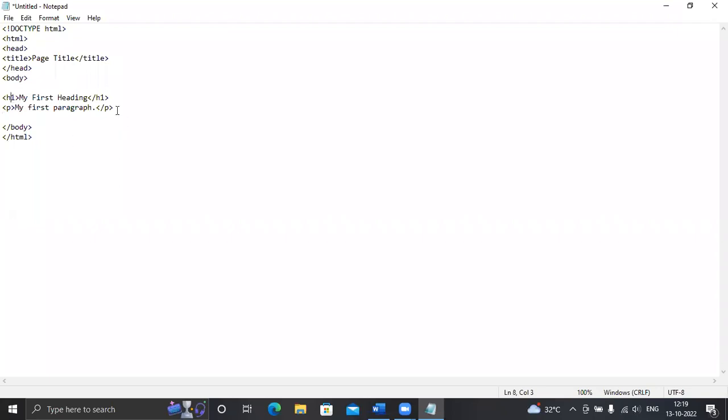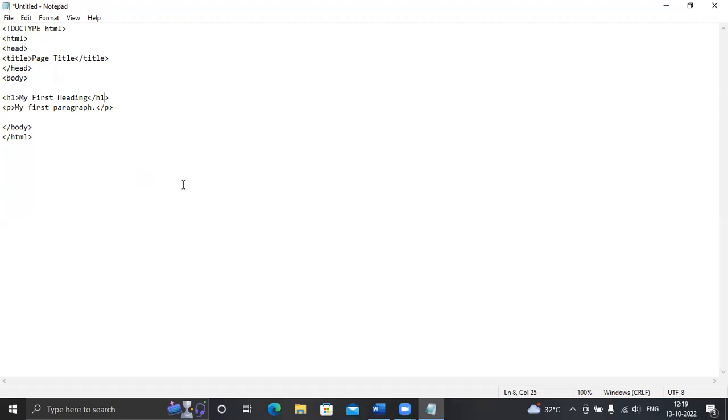I started it here and closed it here. Those 6 tags are basically heading tags. The text within the H1 tag will be the biggest size. H2 will be smaller. We will see it later.